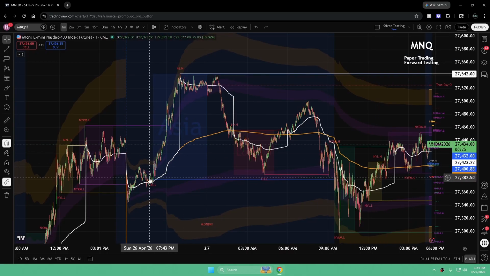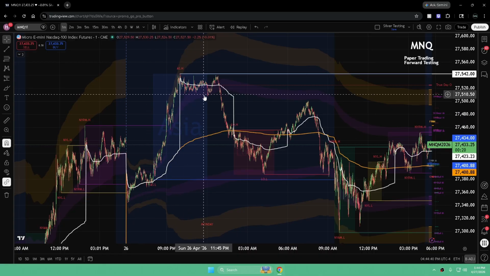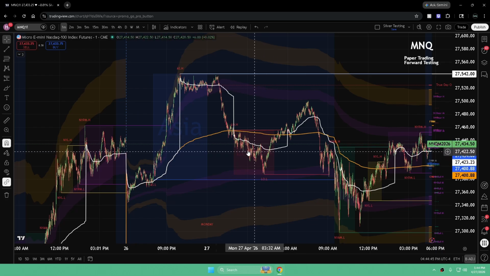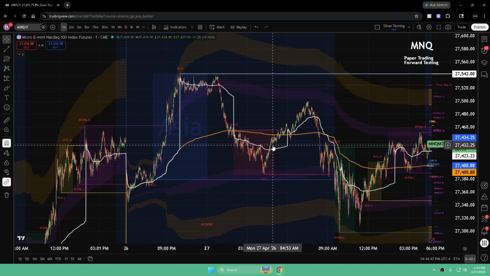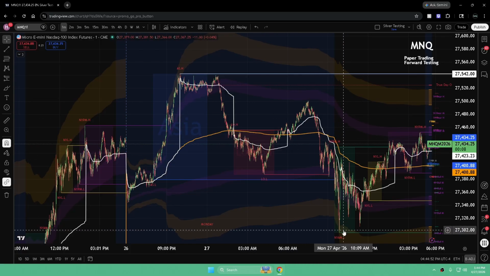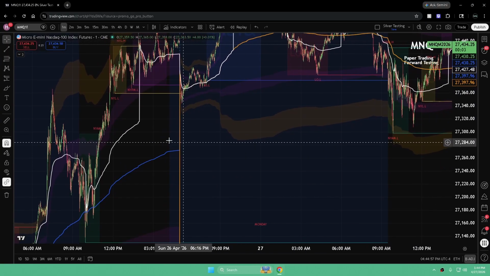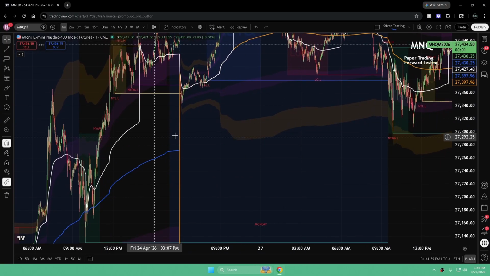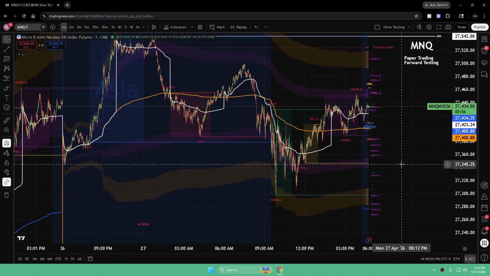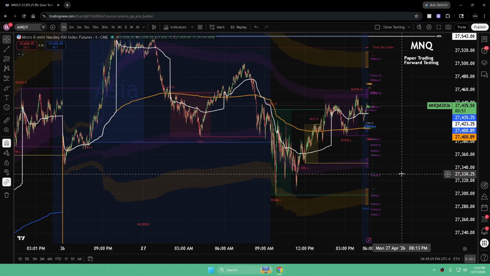We have Asia directional move. We have a manipulation. Then we have a London accumulation, New York pre-market manipulation move, and then distribution. This is our distribution down to the downside to take out these LRLs, and then we distribute back up, or accumulate, manipulate again, and then distribute.